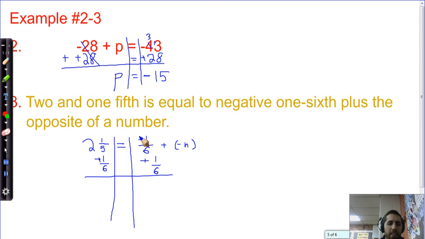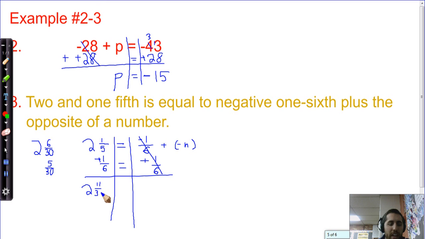After we do that, these will cancel out. That's the same move, so it's equivalent. I would like you to show that we're doing the same thing to both sides. That's why it's staying balanced and equal. And if we're going to think about 2 1/5 adding 1/6, we need to have the same size pieces to add together. So we can cut those up, make some extra cuts, and that would be 6/30 plus 5/30. Whatever I multiplied the denominator by, I multiplied the numerator by. And we're going to have 2